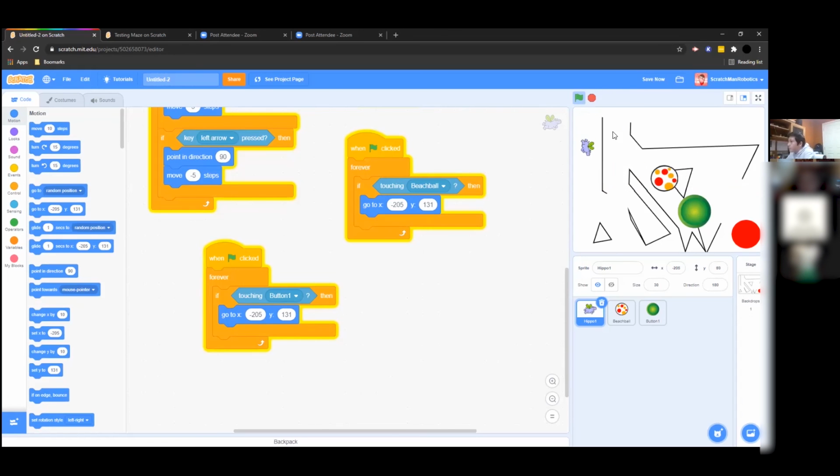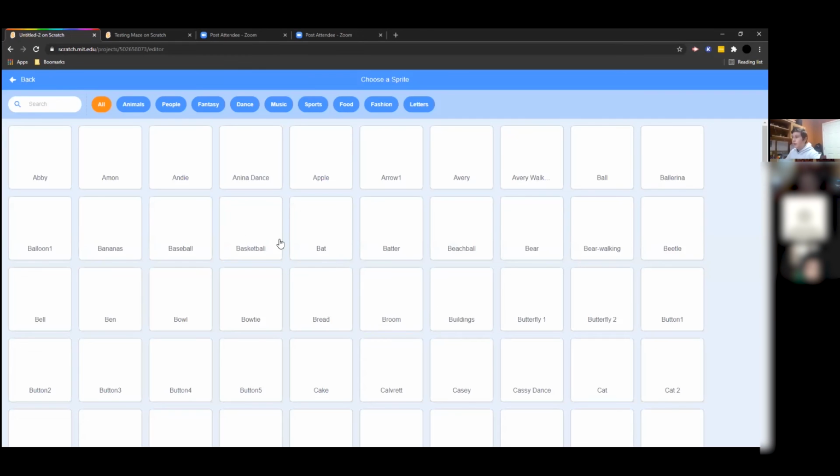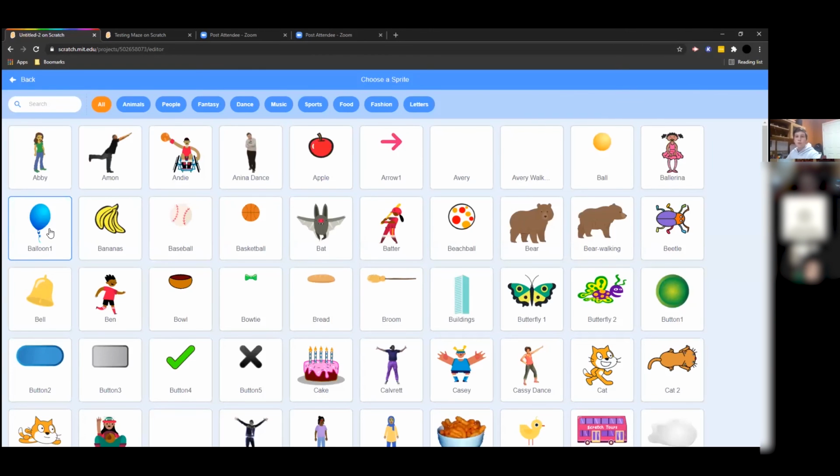So now we have a maze. We have a basic maze, but I think we should make it so that there's a little balloon celebration that happens when the hippo touches the red circle. There should be a little balloon that starts turning into different colors and glowing. So we're going to choose a sprite. This time, make sure to choose balloon number 1